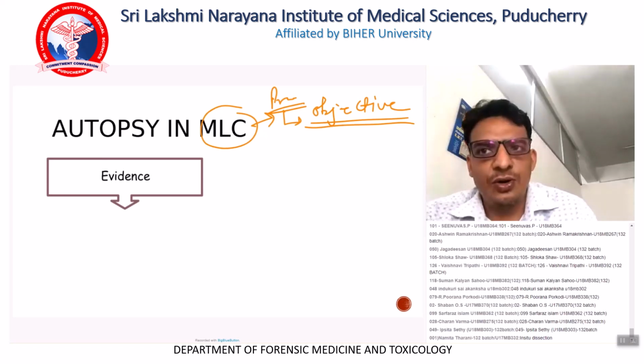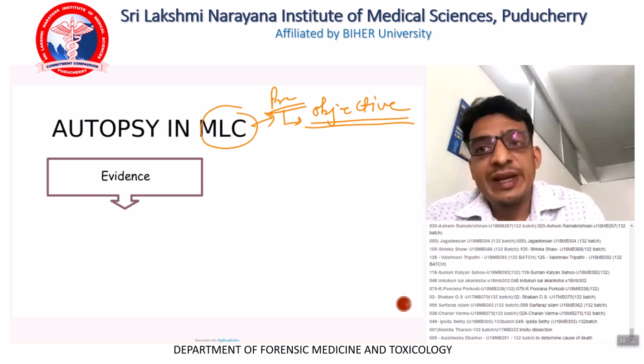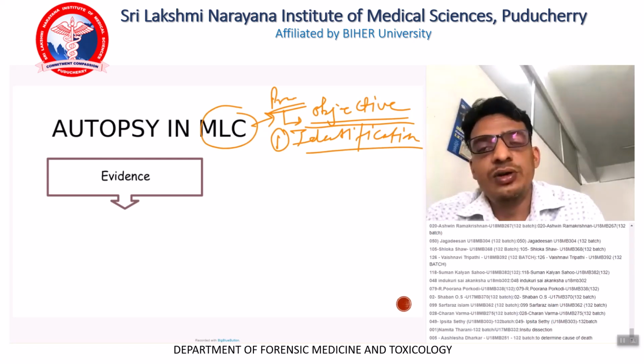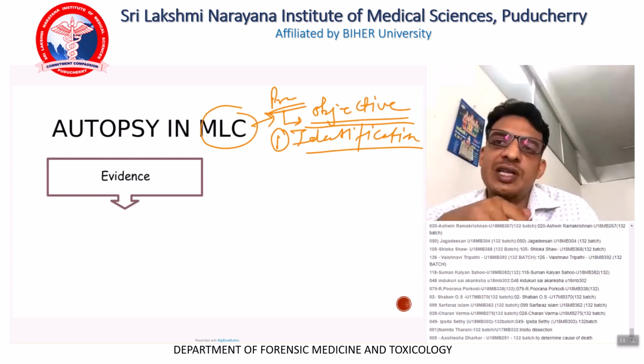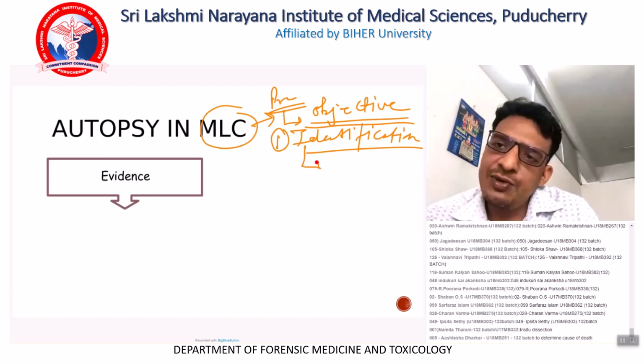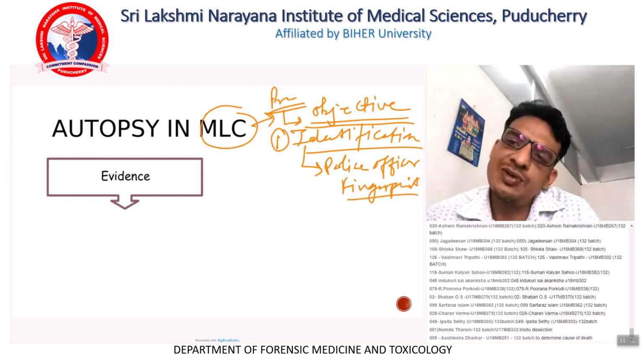Medical legal autopsy is done for many reasons, one of which is identification. The person may be unknown, and while doing the autopsy you find that a certain implant is present in the body. There are so many things that can be present in a person's body which can lead to identification. Also for identification, the police officer is bound to collect the fingerprints of such a person, which does not require autopsy and can be done prior. But in addition to it, there might be DNA evidence that is required.